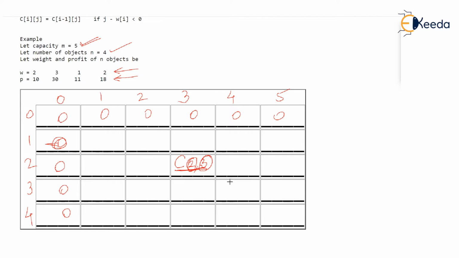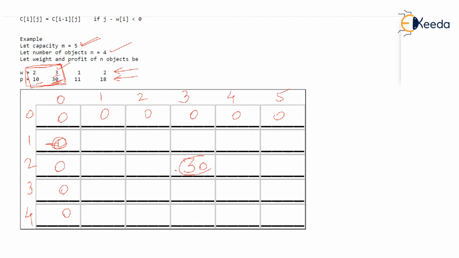So what is the maximum profit that we will gain after filling the first two objects in the knapsack of capacity 3? If we check it manually, we are considering only the first two objects, and the knapsack has capacity 3. Now you can see, as the weight 3 can be added in the knapsack, the second object is the best. It has 3 kg and it has the highest profit, 30, among the two objects that we are talking about. So C23 should be 30. We have found the best combination among the two objects which will give us the highest profit.